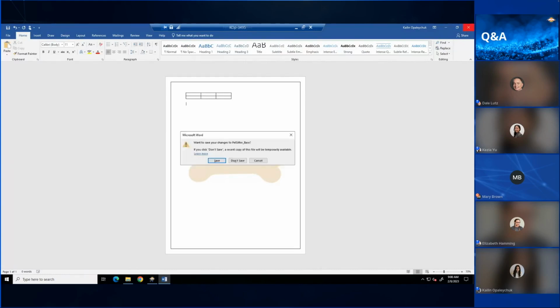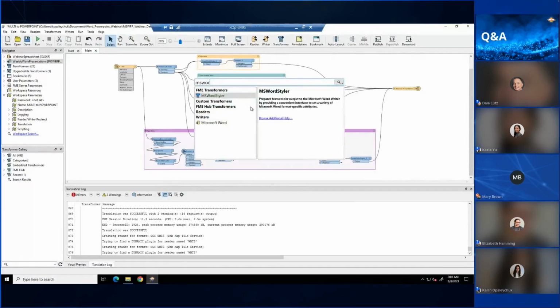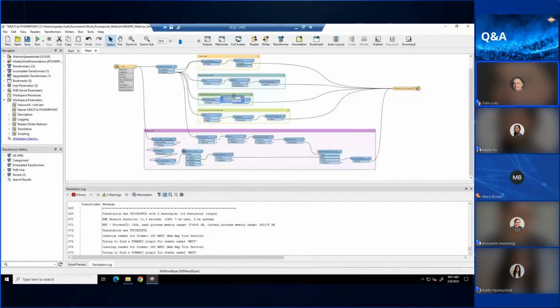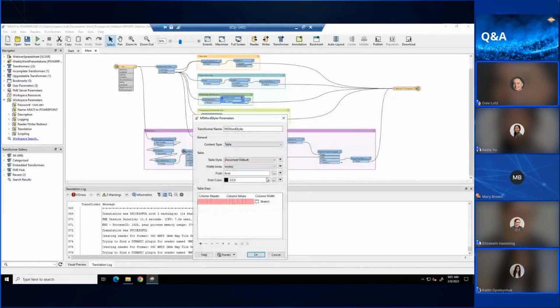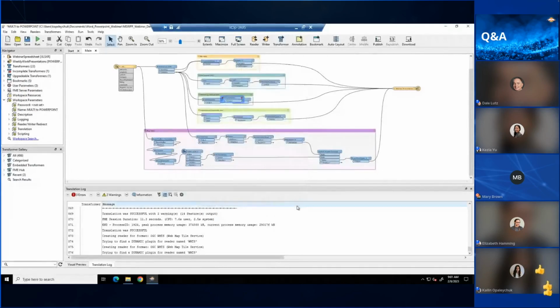Someone did ask if we can put tables out to Microsoft Word, and I think there is a table option, is there, in the Word styler? Yeah, it's a table, and it won't take exactly how it was styled in Excel, but you can basically set up a table which will look quite nice in your output Word document. It takes a wee bit of fiddling to get all these settings just the way you want, but it does work well. And it's worth it.